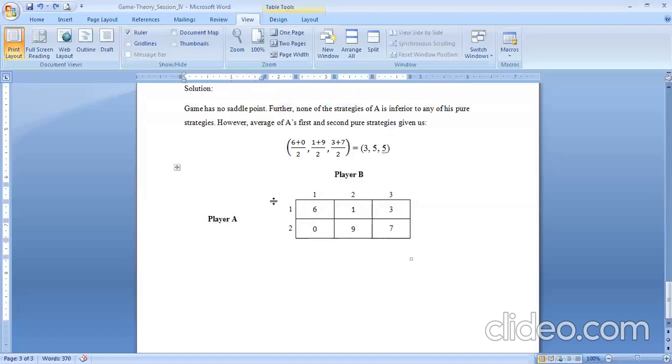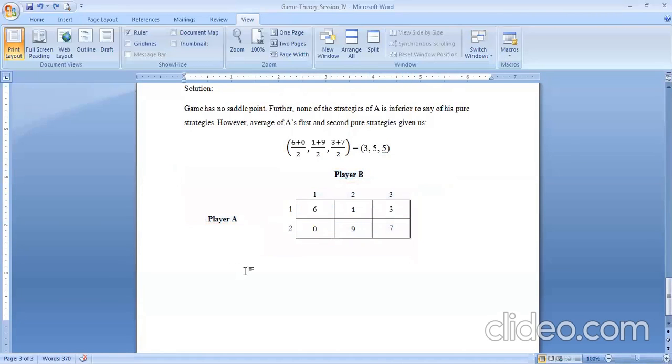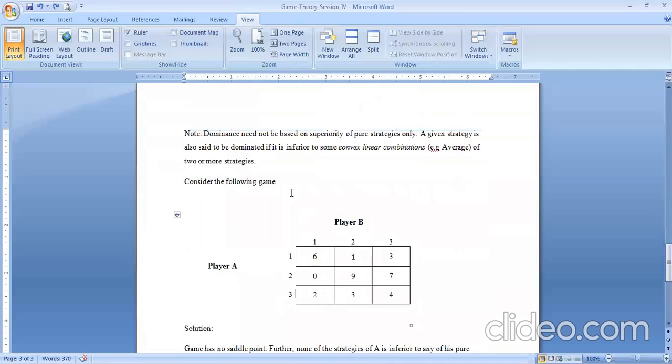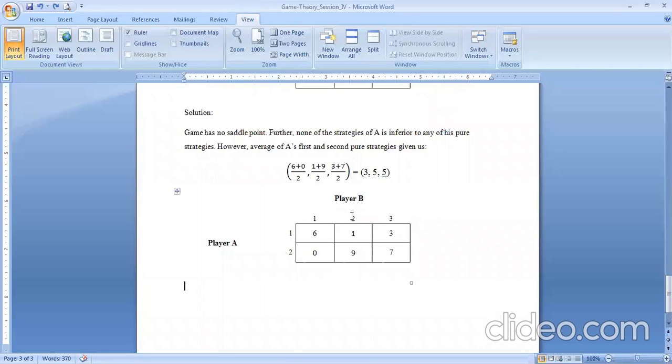Under such a case, we can solve this kind of problem by using another method called the graphical method. If there are 2 rows and n columns, or 2 columns and m rows, then such problems can be solved by graphical solution. We will deal with the graphical solution afterwards. But if any given matrix can be converted into a 2 by n or m by 2 matrix, then you can also solve it by graphical solution.